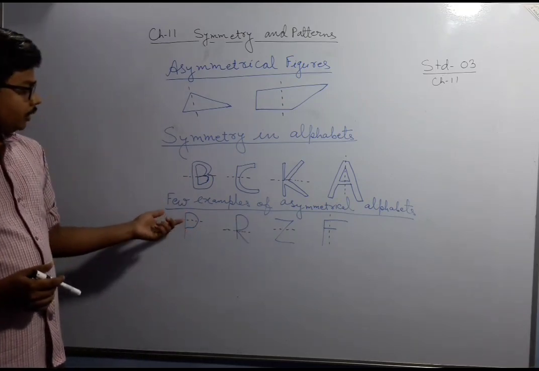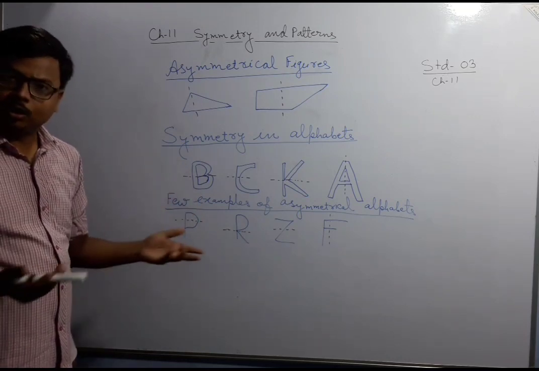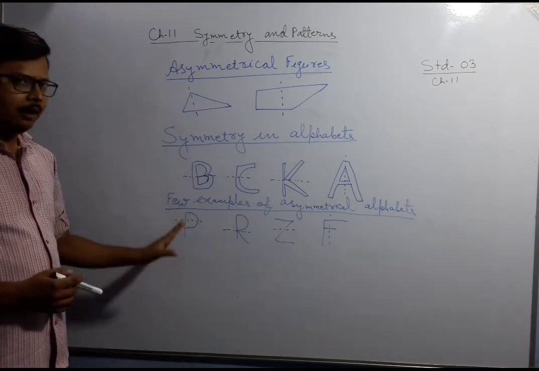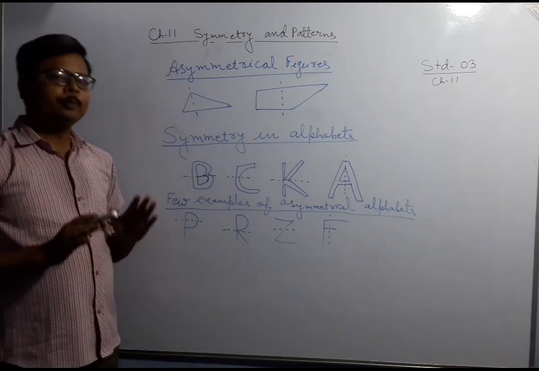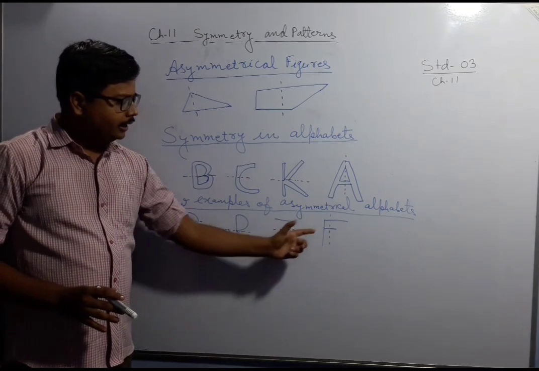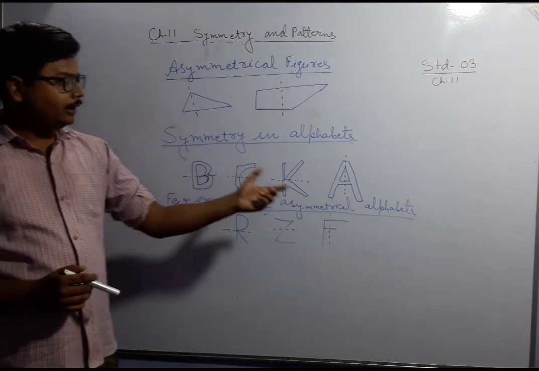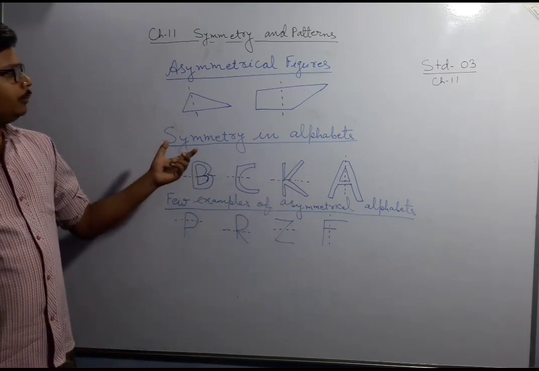Come to the first one, that is P. Can you divide it into two equal halves? No. You can divide it into two halves, but those halves will not be equal. Same is the case of R, Z and F. So these are a few examples of asymmetrical alphabets, and these are a few examples of